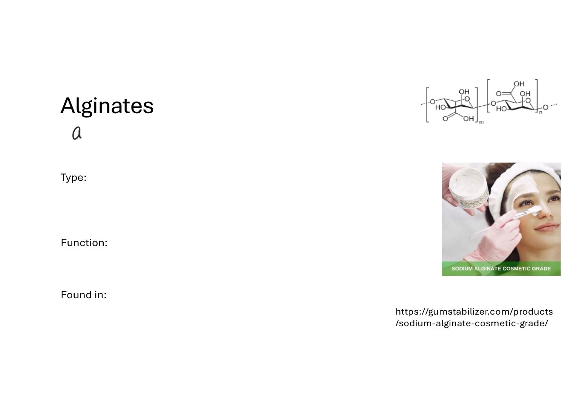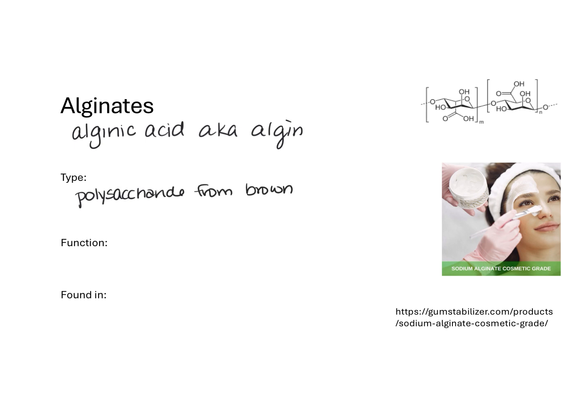A lot of times this is called alginic acid, right? It's also known as algin, right? It's just a naturally occurring polysaccharide that's found in brown algae. So it's a polysaccharide from brown seaweed, basically,